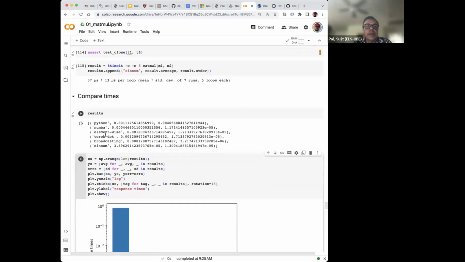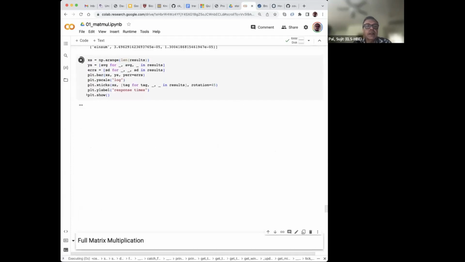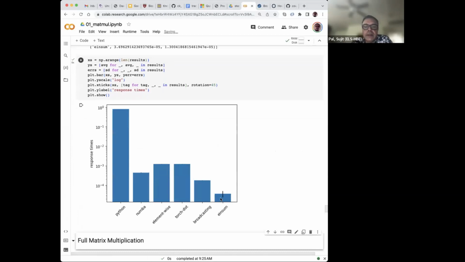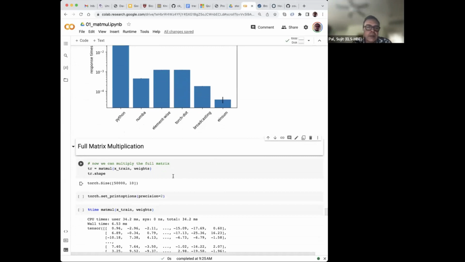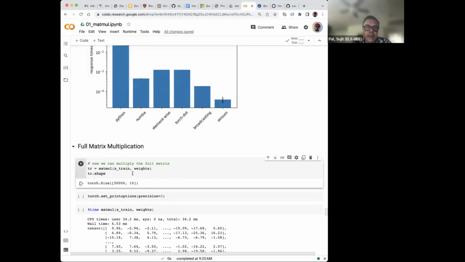So Python, numba, element-wise, and then I basically run this. And as you can see, einsum is by far the best method. Torch dot does reasonably well. So does element-wise, about the same. Broadcasting does better than this, right? And of course, Python is the worst, which is not totally unexpected. I was kind of surprised about the einsum part. I thought that other methods would do better, but einsum actually uses torch internals, so most likely that is why it is the